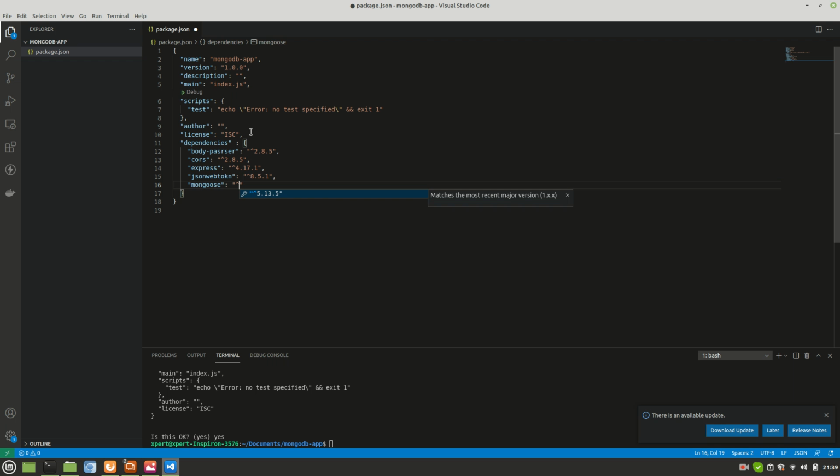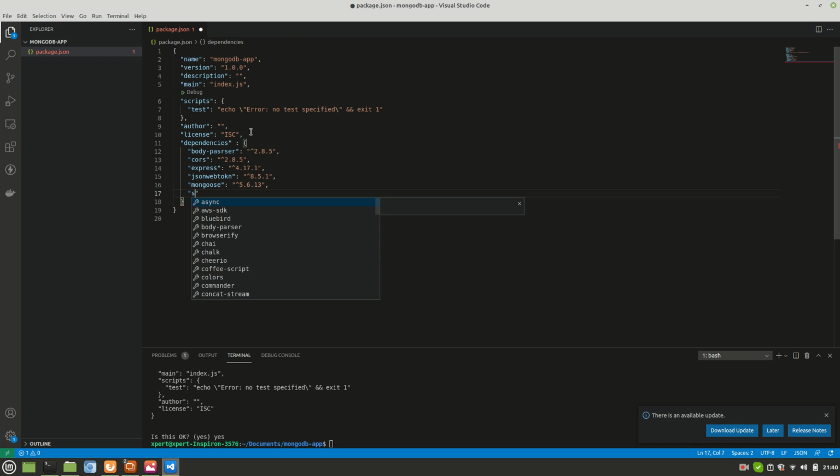Mongoose is required, and the version that I'm looking for is 5.6.13, and then serve, anything greater than 11.3.2. Actually, we don't need this JSON web token for today at least, but still let's install it for the future demos. This is basically used for authenticating. Okay, we'll talk about this later, but just add it.